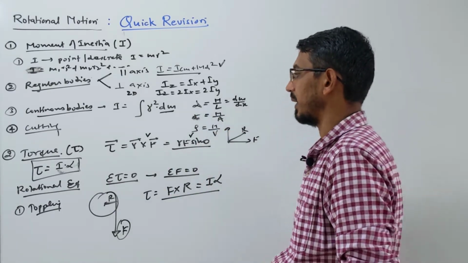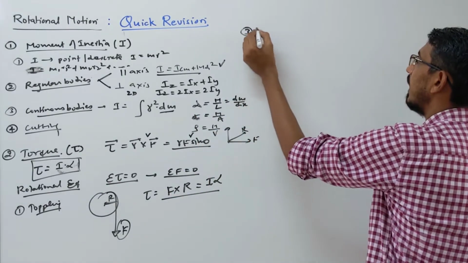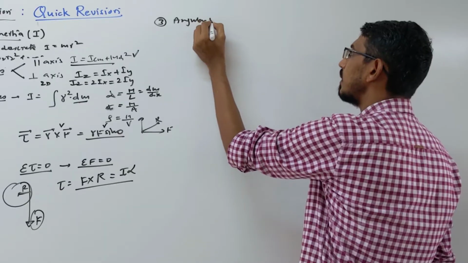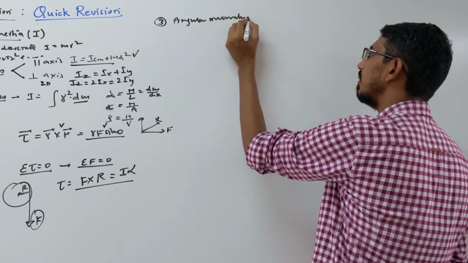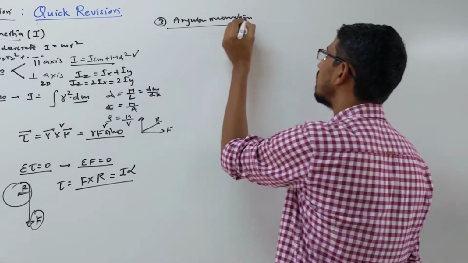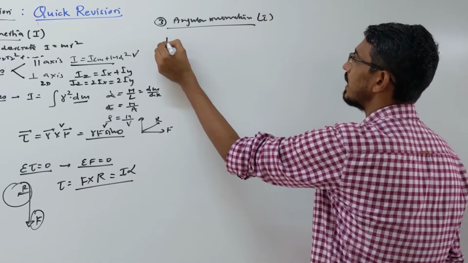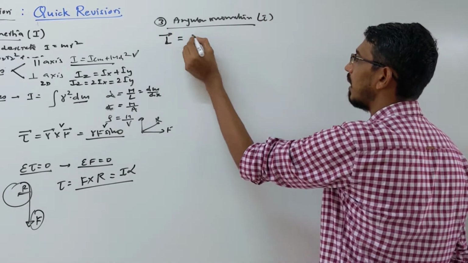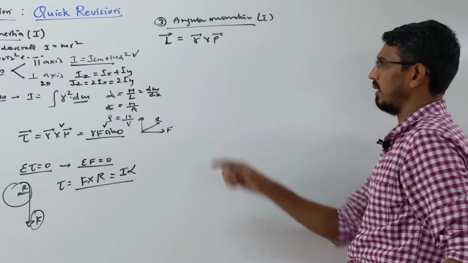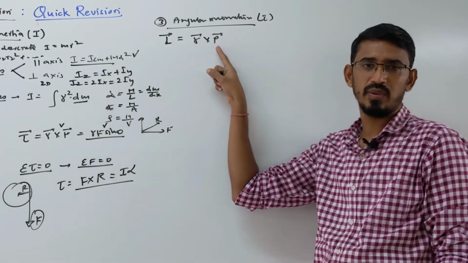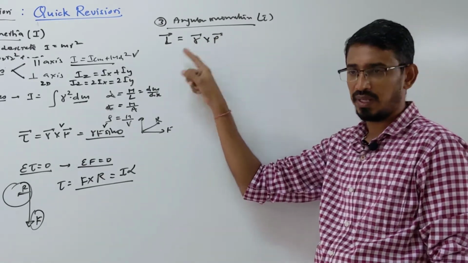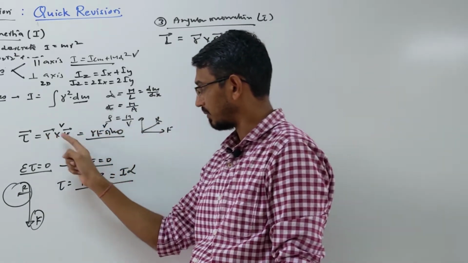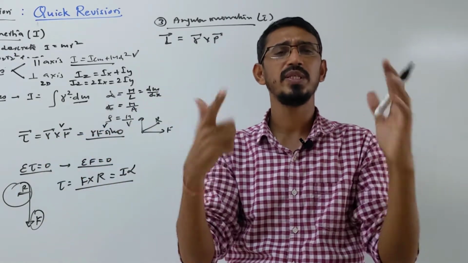That was the second topic. Then the third topic we have learned is angular momentum. Like linear momentum in our linear chapters, here we have angular momentum L. So the formula for angular momentum is simply R cross P, radius into linear momentum. Again, these three things are always perpendicular when you have a vector cross product like this, they are always perpendicular to each other.